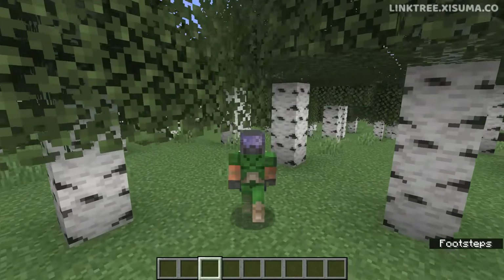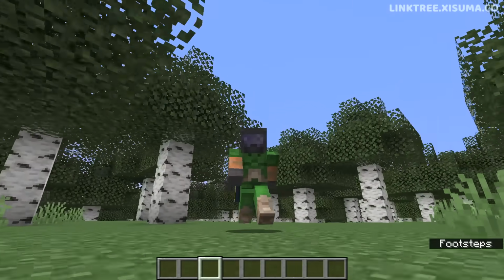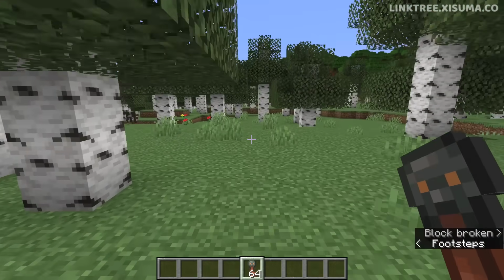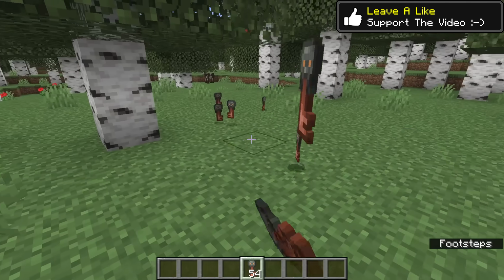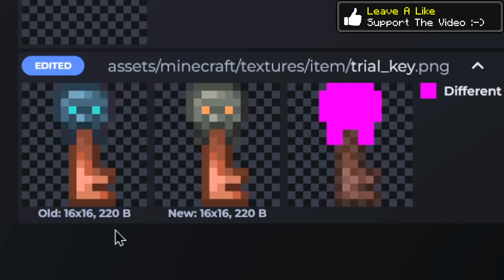This is Snapshot 24W05A and we're going to jump straight ahead into the experimental features of 1.21 as a new block has been introduced to the game. It is known as the Vault block and it is the block that the trial key unlocks. One thing that you might notice about this is that it's had its texture updated. Yes, that's right, the bluish tint has been removed and this new colouring kind of reminds me of the new